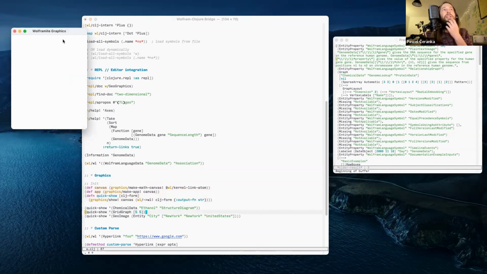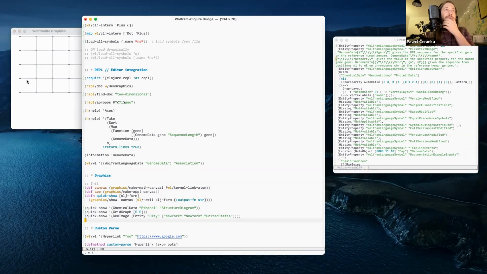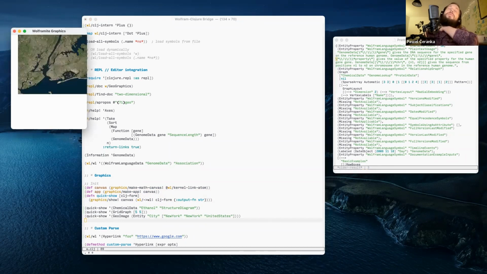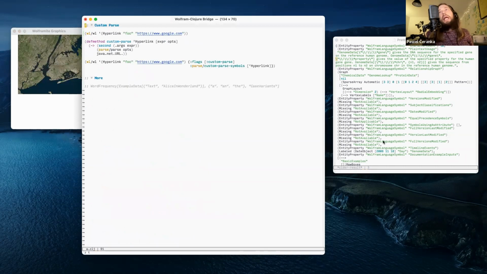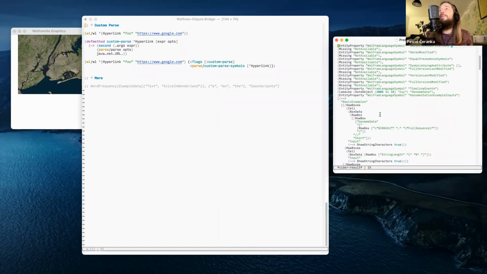So you essentially just bring in this canvas thing, and now we can render stuff to that canvas, as you'd see in Mathematica. And like I said, looking here at the output of one of the function calls that I've made, it just came back with the internal information from Wolfram language about the symbol I've given it. It's just data structure, so it's quite easy to work with.